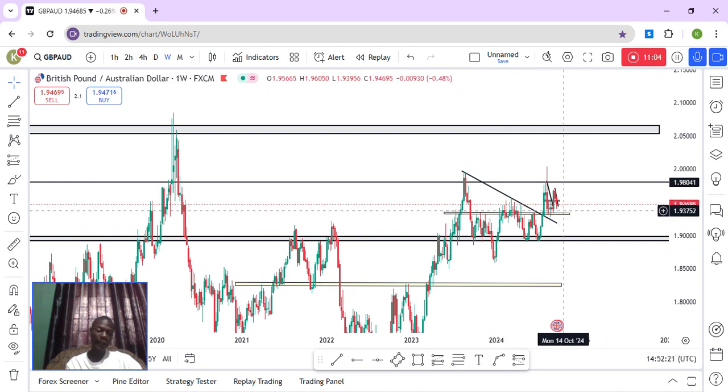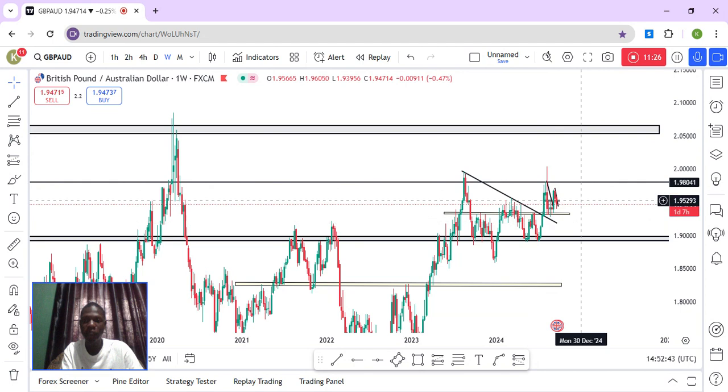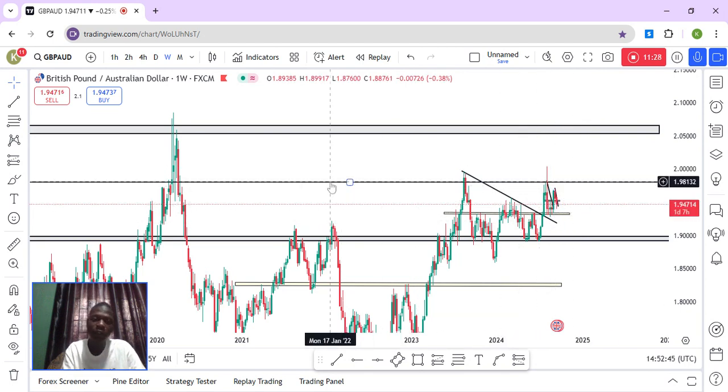the neckline. Like I said the other time, if the chart pattern is not going to hold, it will at least come to the neckline to test it before doing what it will have to do. Maybe it is going to break it, or the chart pattern is going to fail. But in this case, the market took out the neckline, came back to test on it, and that's why we are still here. This is a very powerful level, so it has been holding the market lately. That's why I'm having a lot of trouble going to the upside with GBPAUD.